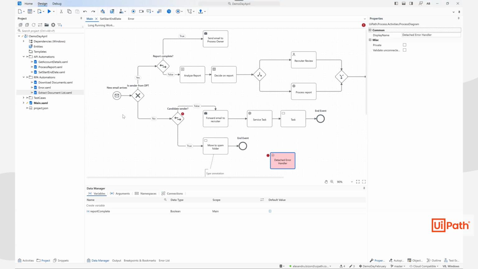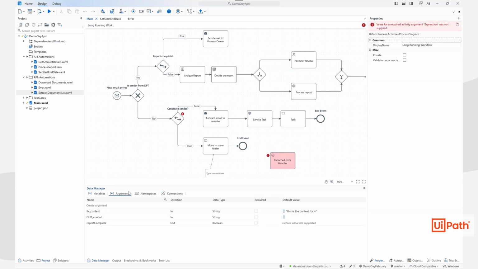Now, I want to show you how you can create variables from JSON schemas. This is a very powerful feature. If you have worked with APIs, complex objects, and JSONs, you as a developer know that it's very hard to manually create tens of variables and arguments. This is slow, it's not scalable, it's error prone, whatever you want to call it. So